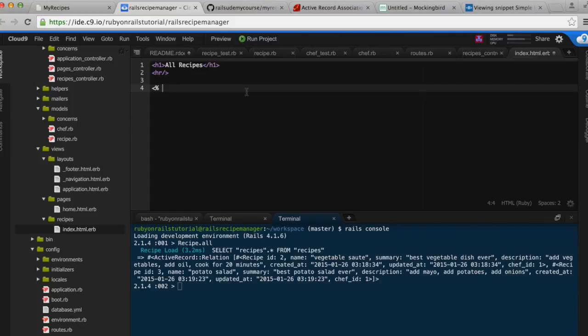Currently, we don't have any object that we're passing to our view, and we'll take care of that in a second, but most likely we're going to call it recipes, the object that we create. So recipes.each do |recipe|, which is the standard format anytime we loop,